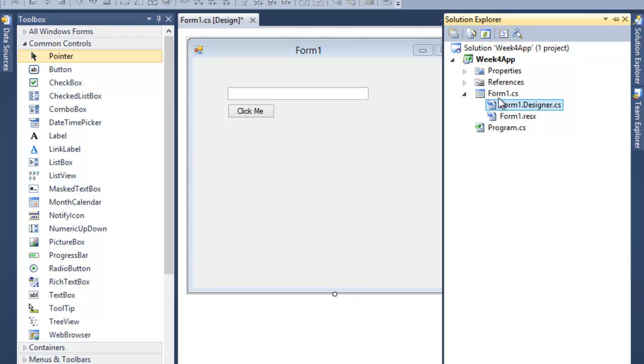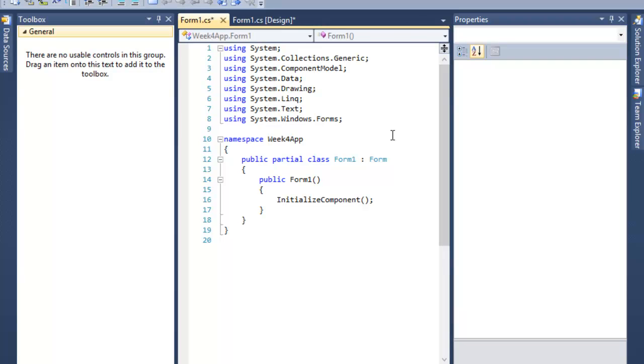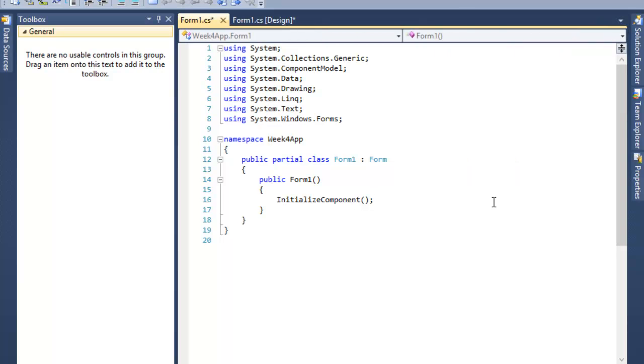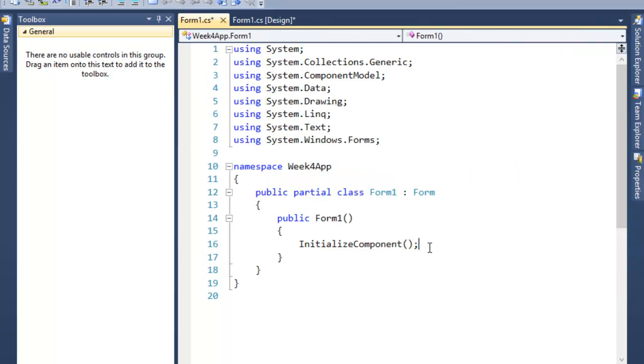So what you'll see here is you've got the form.cs, which is the form itself. It's just a CS file, just like program.cs that we dealt with in the command line. What's unique about it is that it inherits a base class called Form. So if I jump into the form.cs for a moment, you'll notice that here is the basic template of the code behind